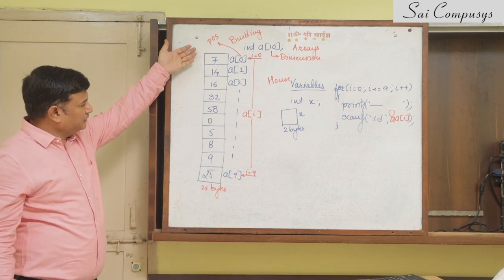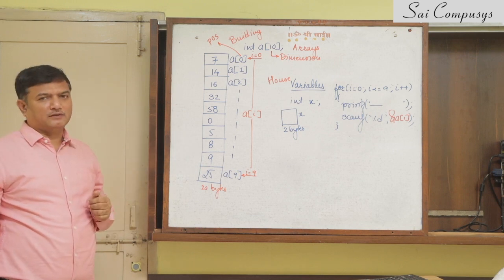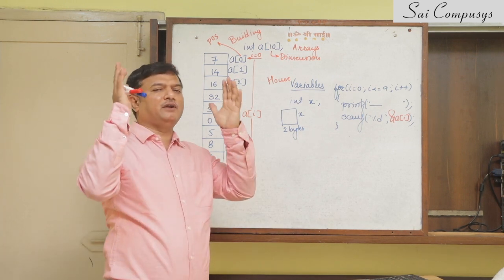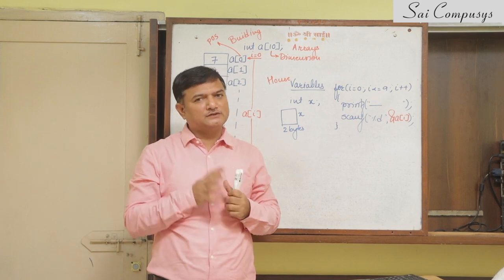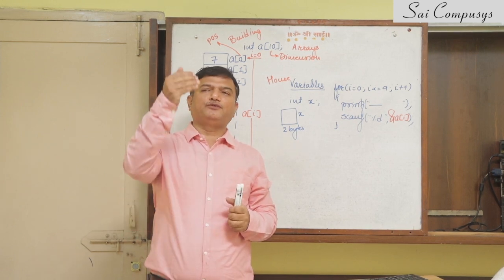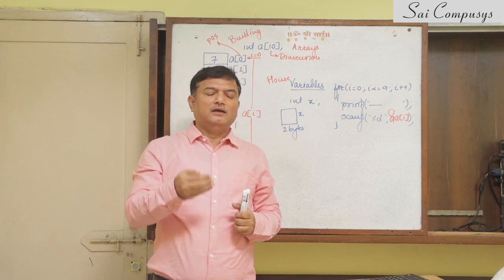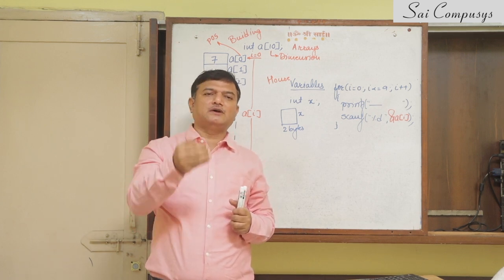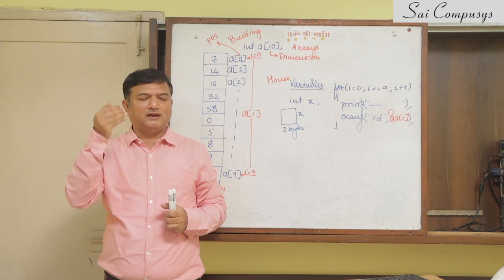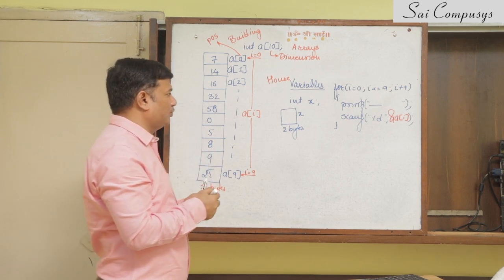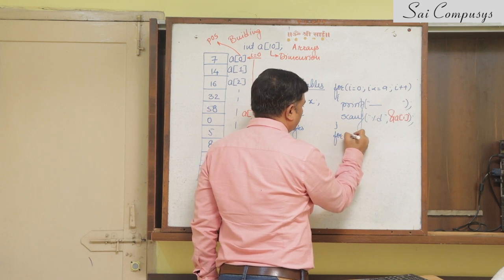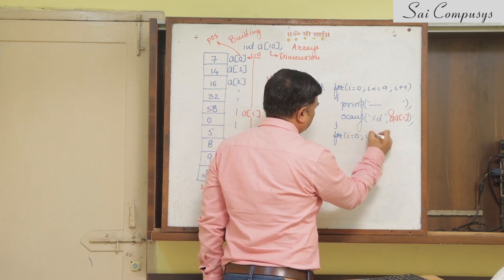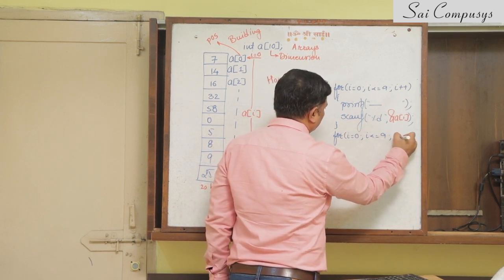Secondly, I wish to print the elements of this array. Remember what the situation is. I have an array of 10 elements and I wish to print the 10 elements on the user screen. The 10 elements are from the position 0 to 9. Now when I think the 10 elements are on the position 0 to 9, then I have to vary the positions from 0 to 9, and for that purpose again I have to use a loop where I vary the value of positions from 0 to 9.